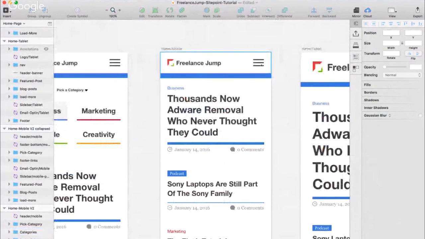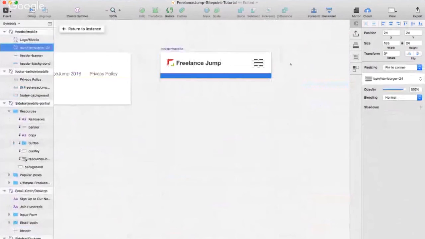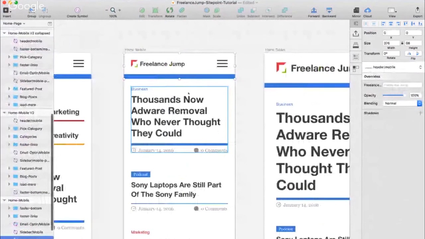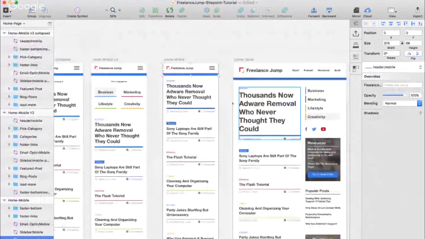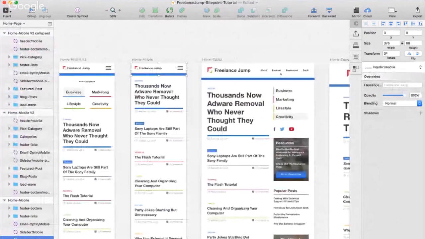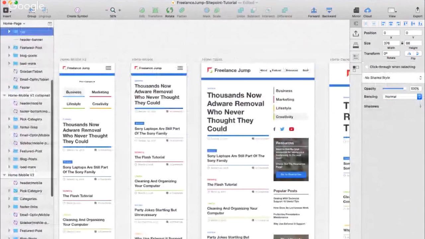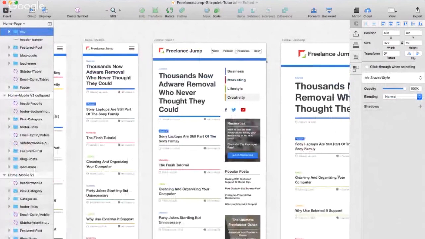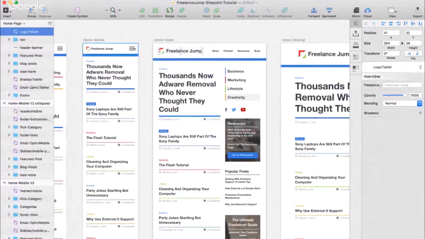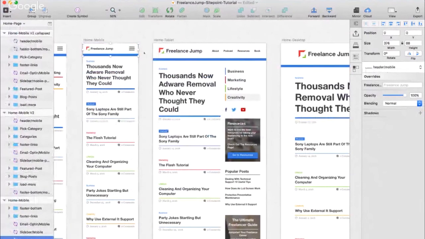So within a symbol now, you can say pin this to a corner. For instance, say the tablet actually has all the menu links laid out. But if you had the same sort of format as your mobile, you could simply just,